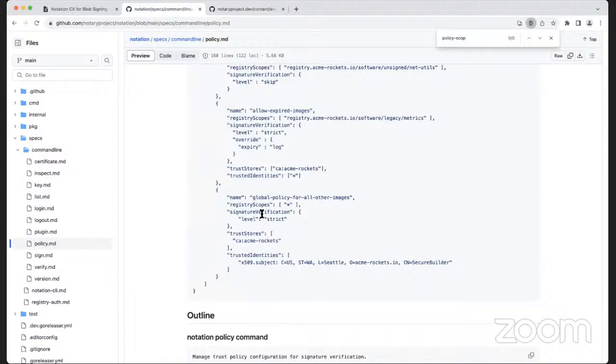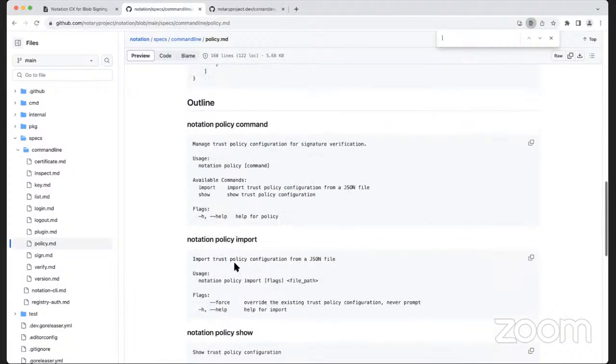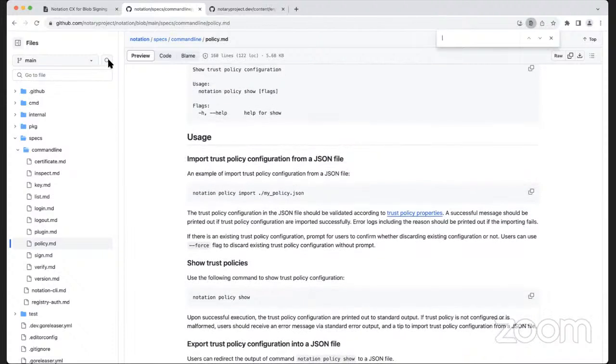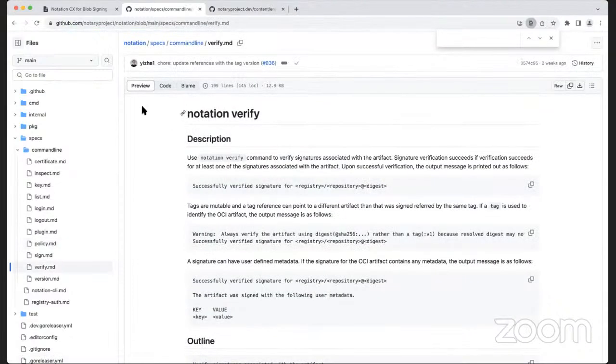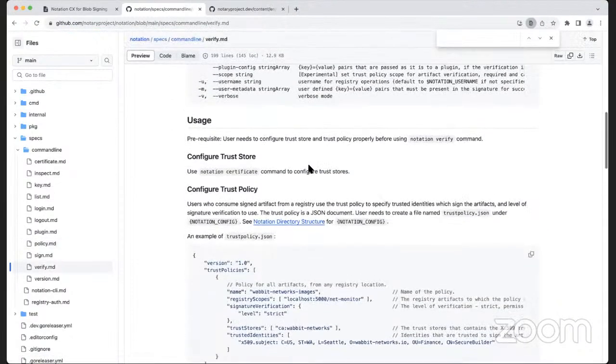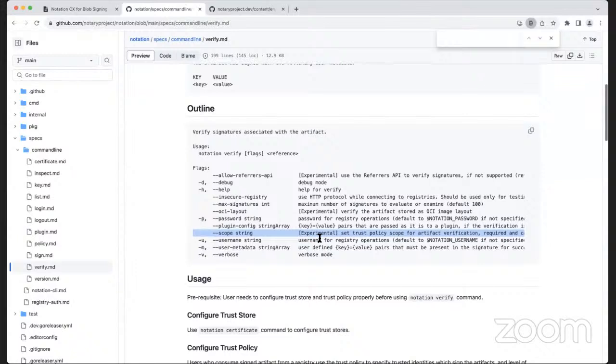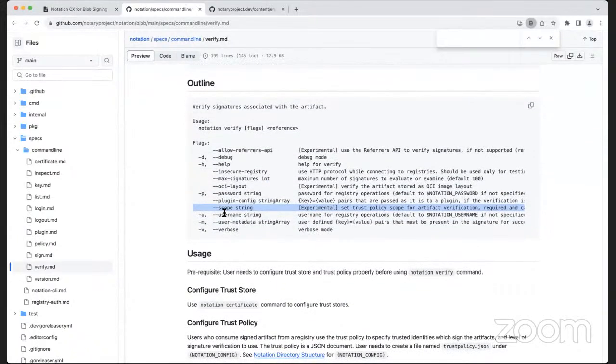No, that's not true. Basically, for the OCI layout, the idea is that we verify the OCI layout as if it is a remote repository. So only the repository scope is provided. I can't remember the actual flag name, but yeah, it's the scope.